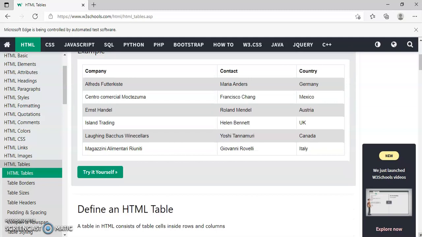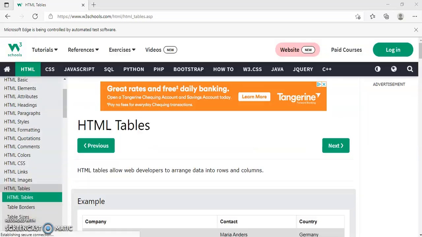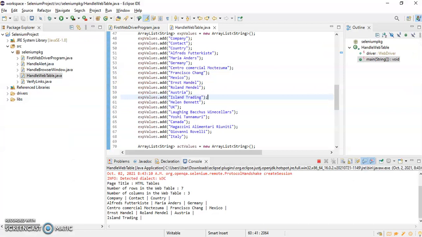Now it is going to fetch each and every cell value and compare with the actual values. If I go here, it is printing all the values. The number of rows in the web table is 7 and the number of columns is 3, and it has started printing all the cell values.